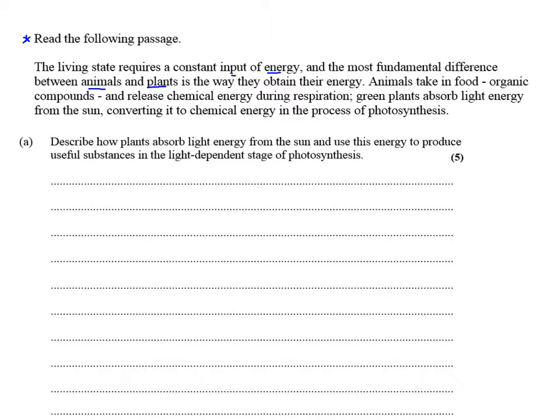Now we know animals take in food, complex organic material, and release chemical energy during aerobic respiration. So we know animals are heterotrophs. We know they consume normally through holozoic digestion, complex organic material like glucose, amino acids, etc. And we know that all or certainly most of the cells in animals respire glucose aerobically inside their mitochondria. And we know that at the end of aerobic respiration, lots of ATP is being produced.